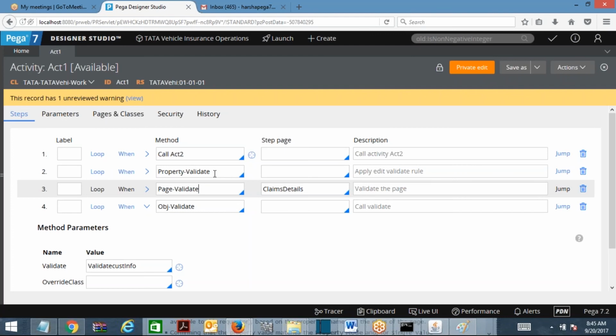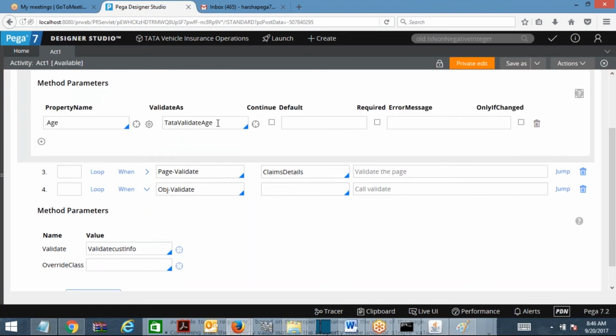Okay. So property validate is going to validate a property with the given edit validate, whatever that you select here. Okay, this is clear.